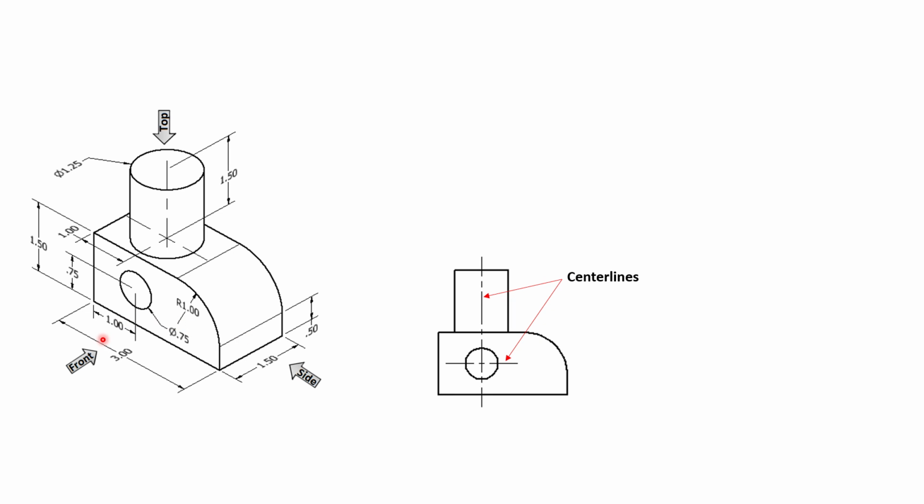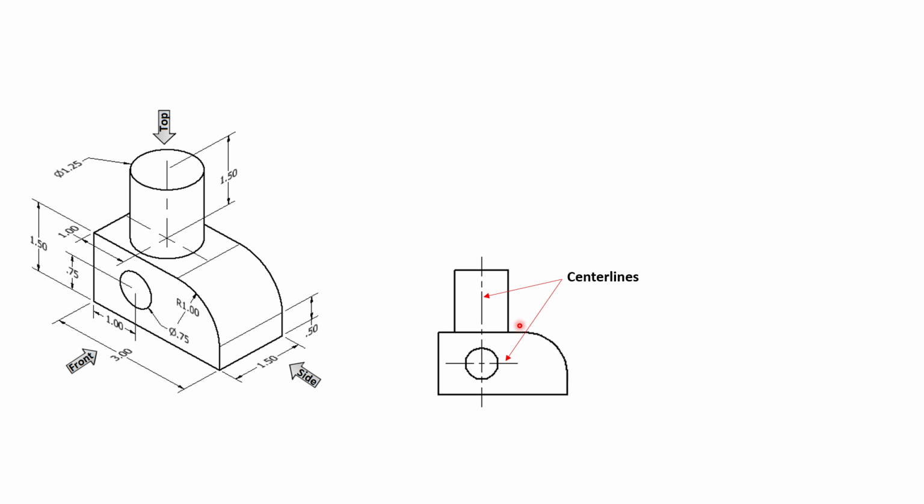In this video, I'm going to show you how to create the front view, the top view, and the side view of this drawing. Let's look at the front view of this drawing. This portion here is basically a rectangle with a rounded corner. So here is the rectangle. You know the size 1.5 by 3, so we can create a 1.5 by 3 rectangle and put a rounded